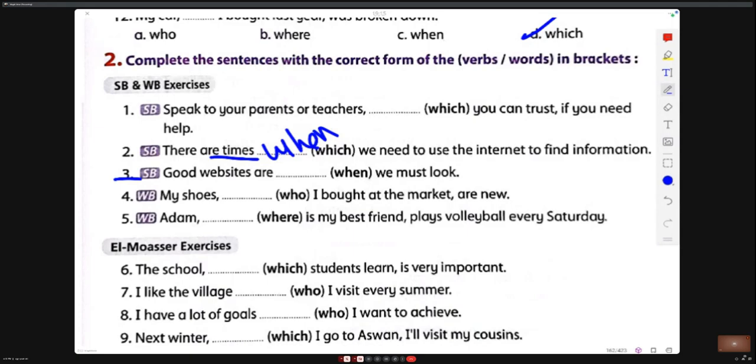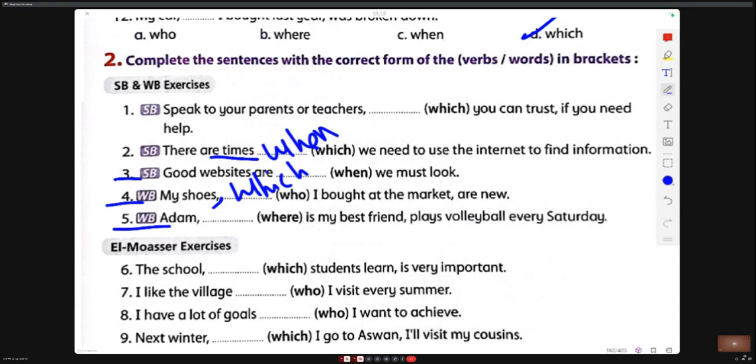There's something missing anyway. Good websites are places where we must look. Okay. My shoes, which I bought at the market, are new. Which. We cannot use that because of the comma. Okay, number 5.